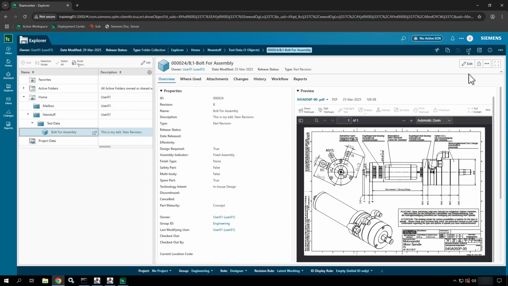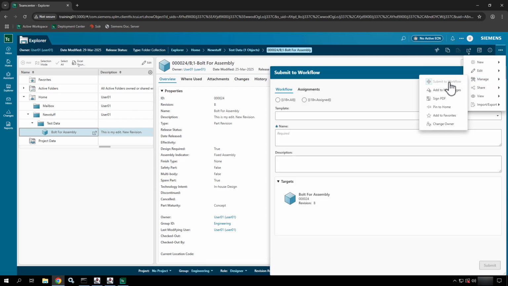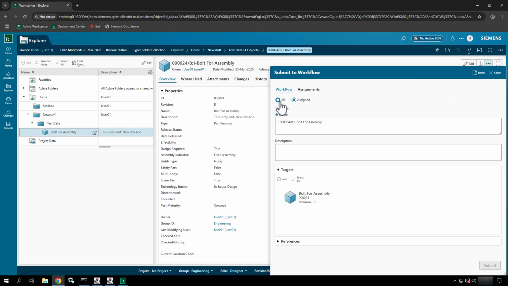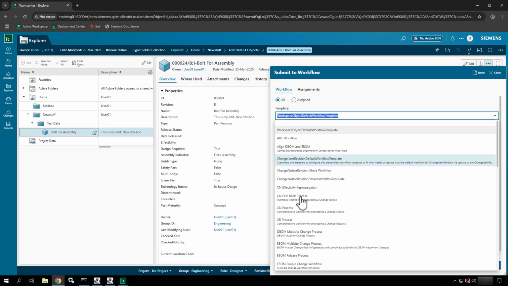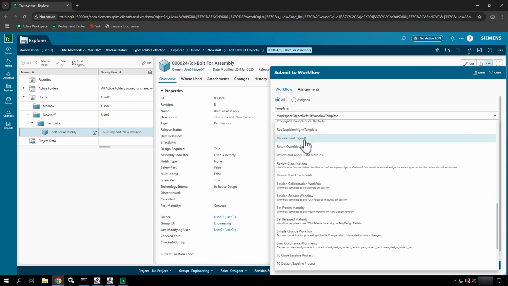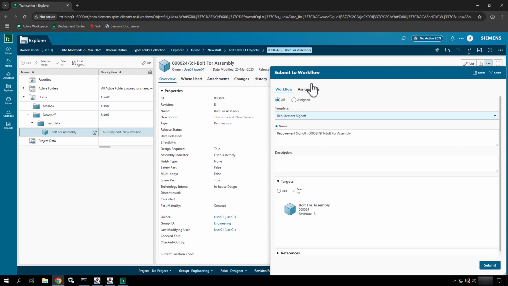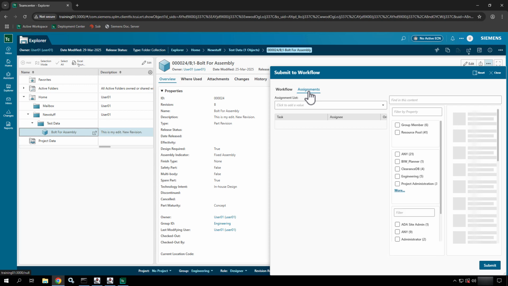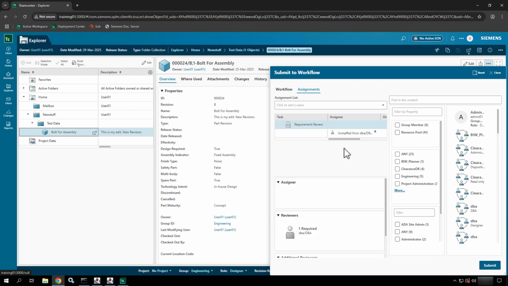All right, so I'm going to go ahead and submit this into a workflow that I can assign myself to, which will mimic getting a task. So I'm going to say manage, submit to workflow. And then I'm going to go to my workflow. And I'm just going to use a very simple one in this case, the requirement sign-off workflow. So I'm going to go ahead and set the assignments here. I'm going to set the assignment for the one required role, DBA,